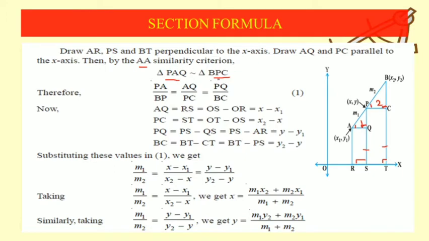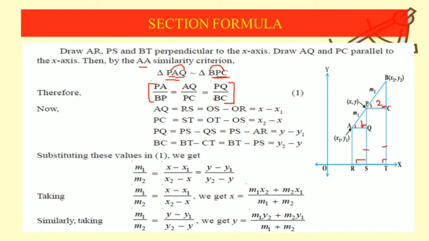Now as I said right now, when the two triangles are similar, their corresponding sides are in the same ratio. Now we can check the corresponding sides. It is just like the congruent triangle case. We will take the first two alphabets here, PA, and the first two alphabets here, BP. So the ratio will be PA upon BP. This will be equal to, let me take the last two alphabets AQ, the last two alphabets PC, so AQ upon PC. Then take first and last, PQ upon BC. So this is the use of similarity of these two triangles. The corresponding sides of the two triangles are in the same ratio.